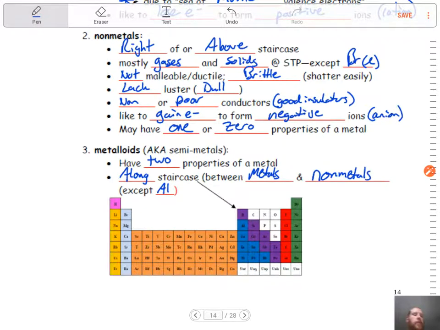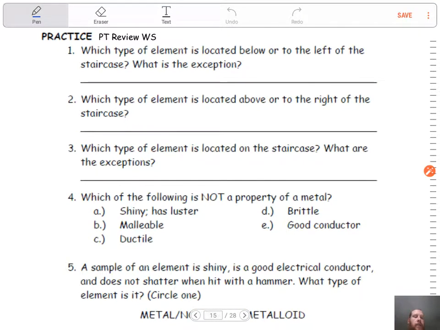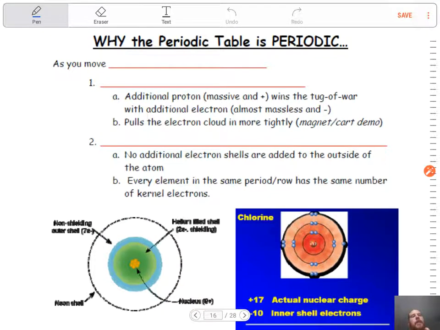Okay, so because of that, that kind of leads us into why is the periodic table so periodic, or why is it called that? Go through, answer these periodic table review worksheet, then come back and finish in your notes here. So why is the periodic table periodic? Because, as you move across a period,